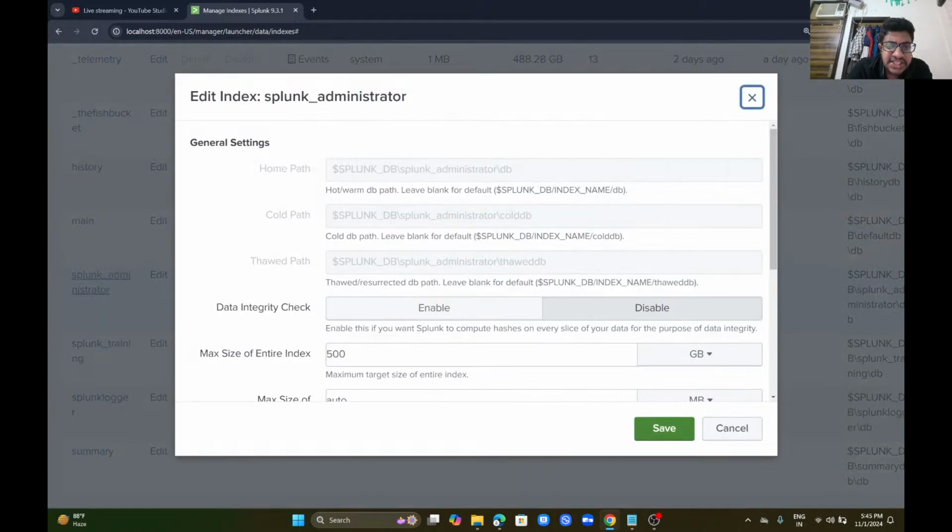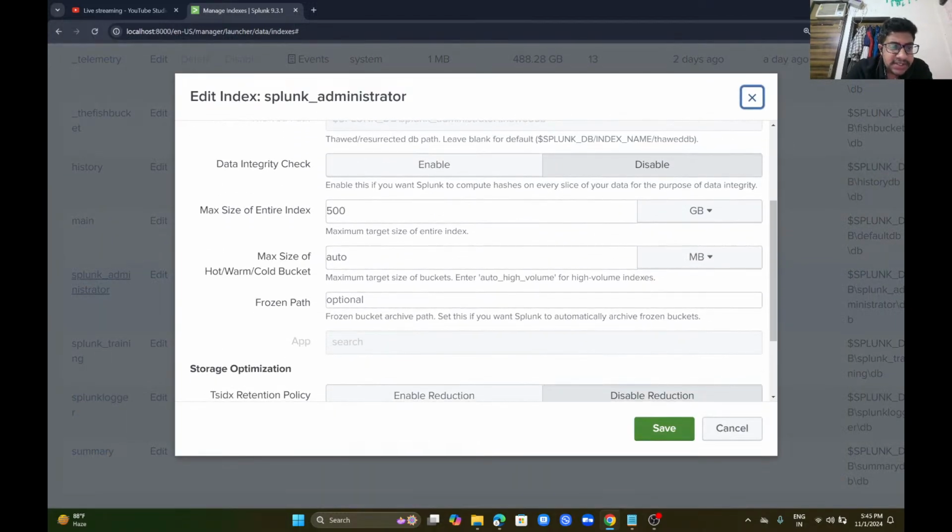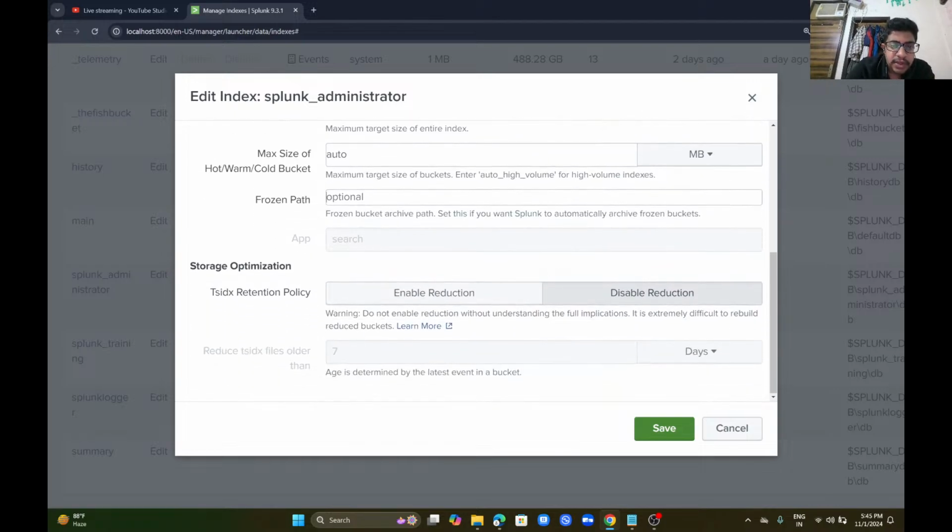Splunk administrator is created; this is auto, or we can use anything based on your requirement. Frozen path is optional. Files older than 7 can be deleted. Older files are deleted, and in upcoming classes we will create a file and upload it in